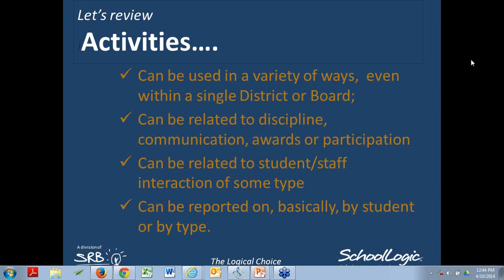And I think, like you saw originally in that first slide I put up, when they created this, they were thinking about discipline. And since then, I'm going to myself, hey, if there's all these discipline incidents, there's all that data that you can collect over there, maybe you could come up with a creative way to use activities. Let's track participation.